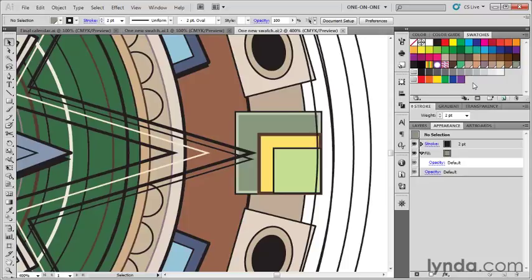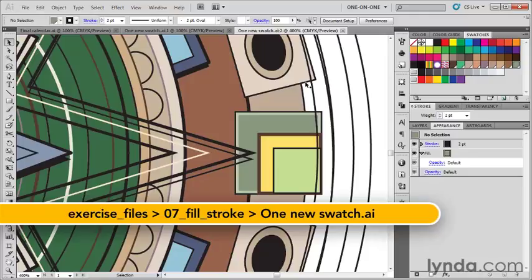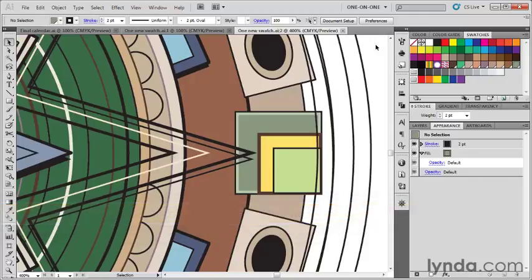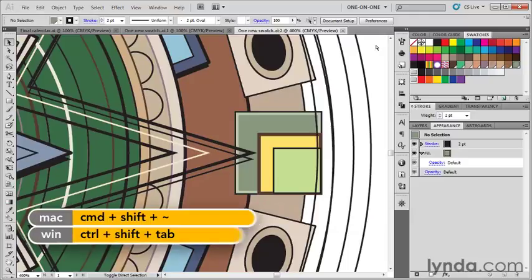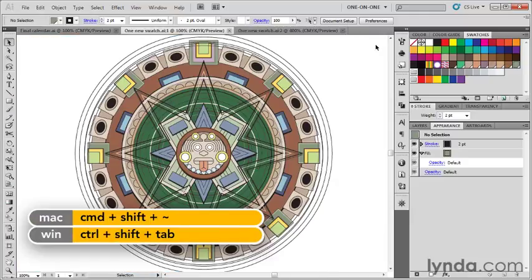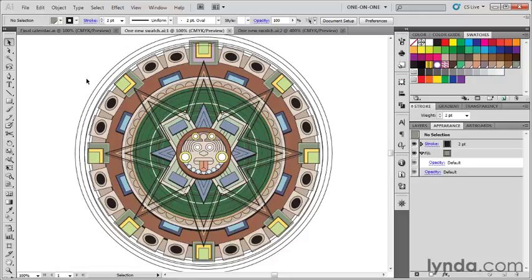In this exercise, I'm going to show you a few techniques for managing your swatches. I've gone ahead and saved my progress as one new swatch.ai found inside the 07 Fill Stroke folder. And I'm going to press Control-Shift-Tab or Command-Shift-Tilde on the Mac to switch back to the first wide window into this document. Now notice that the swatches panel contains a ton of colors that I am not using inside of